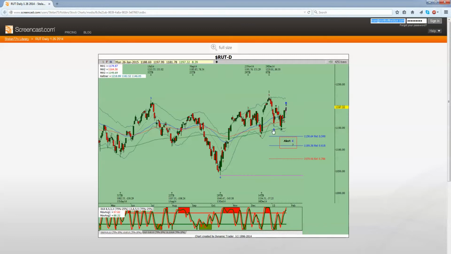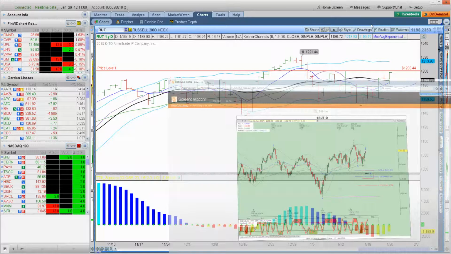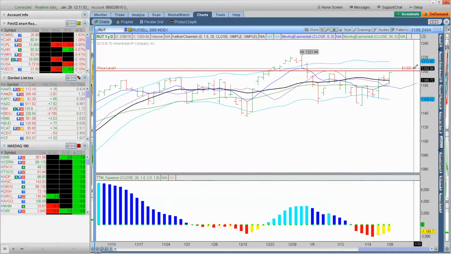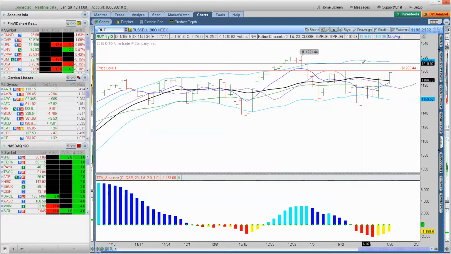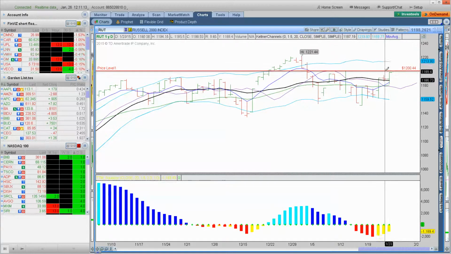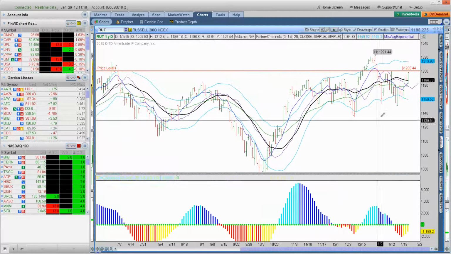So we have an A point, a B point, and a C point. This B can't go above this point right here, this little line where it's at, and that is pretty darn close. I have it marked on this at 1244, and right now we're going up to 1198.35. If this breaks that, that count is void and worthless. If it moves down, then we're going to have a nice big move down